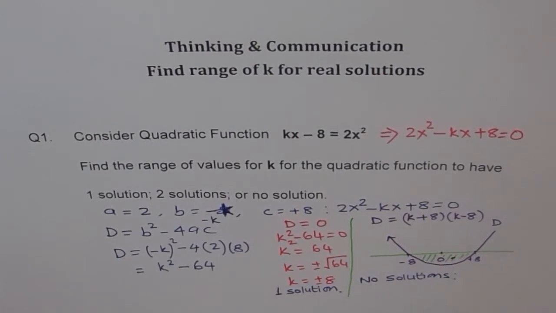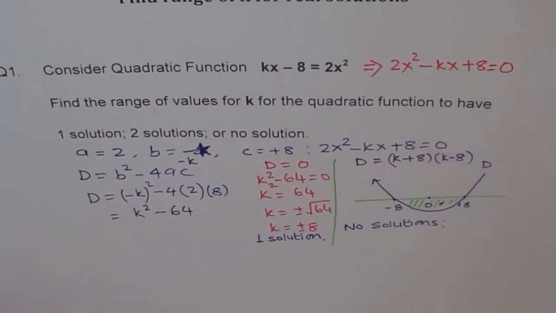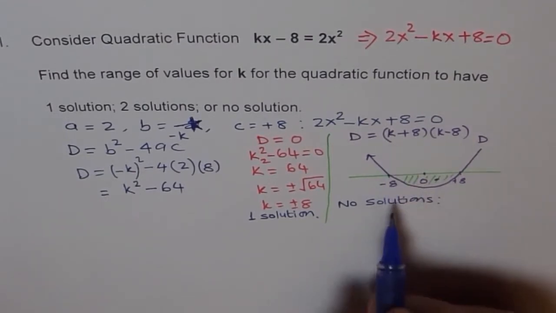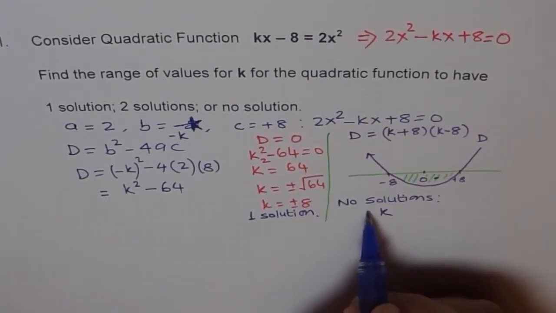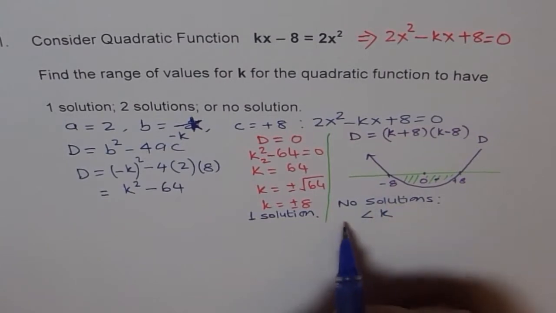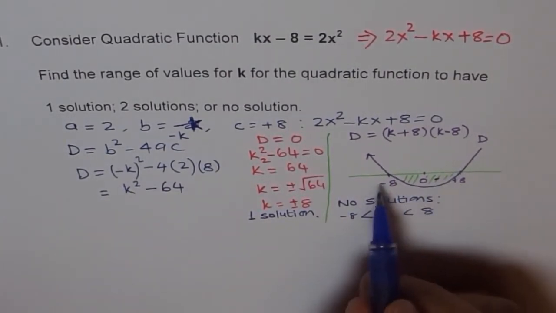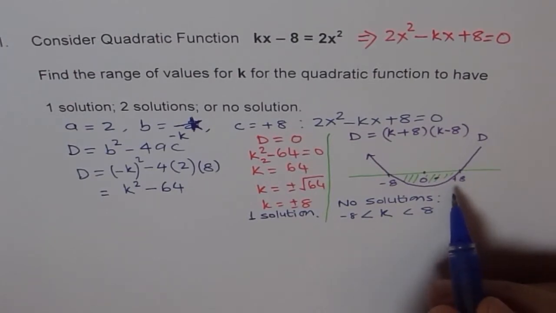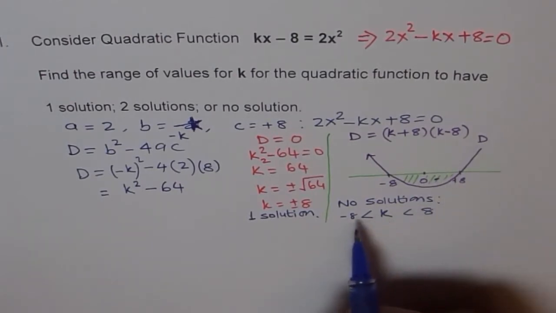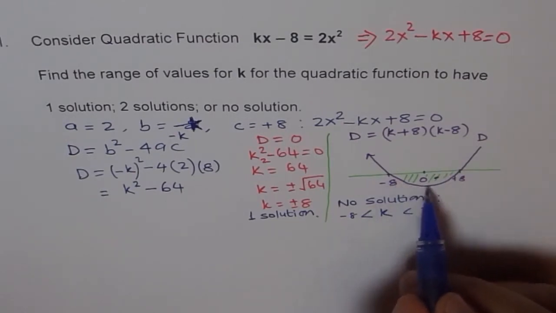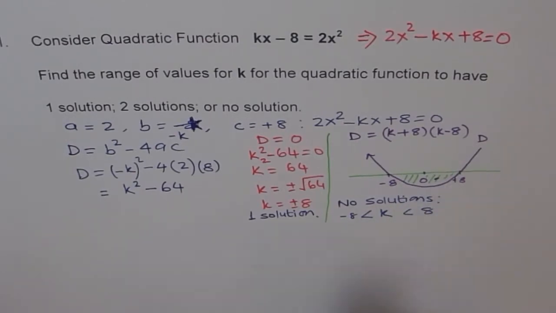So we have no solutions for which type? Let's have a closer look, right? We have no solutions for k greater than -8 and less than 8. Do you understand? At 8 and -8, we have only one solution. But if k is between these two values, then the discriminant is negative, and therefore there are no